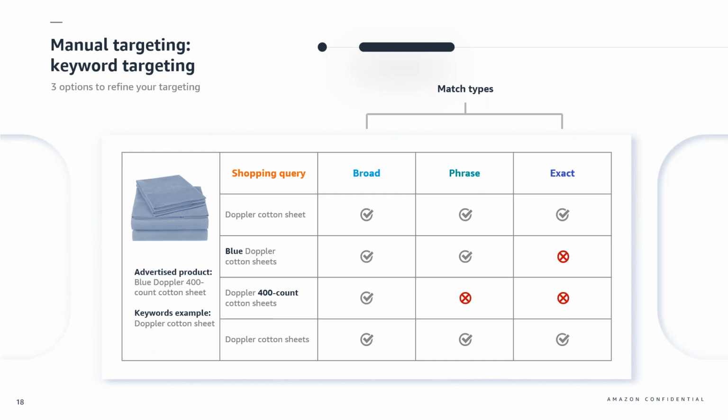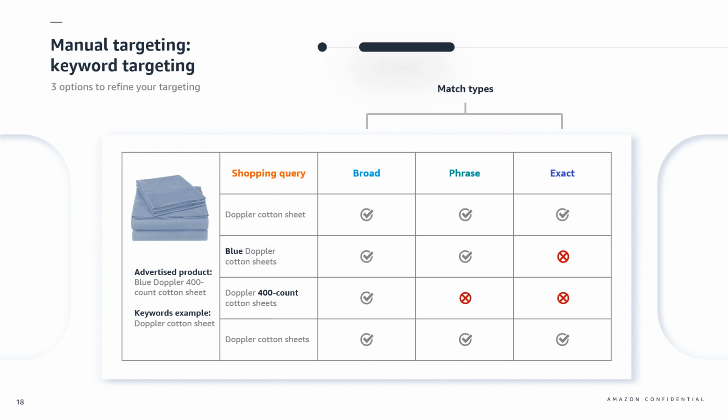Your ads will then be eligible to appear in Amazon shopping results pages as well as product detail pages when the shopping queries, which we call search terms, match the keywords you're targeting. So you can drill down to different match types to help control how shopping queries are matched with the keyword you're bidding on. The match types available for keyword targeting are three: broad match, phrase match, and exact